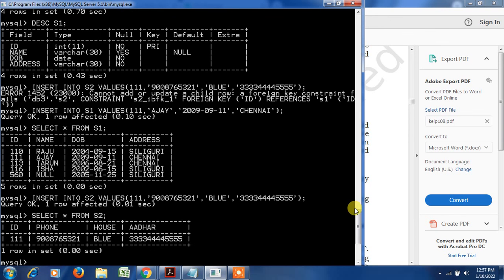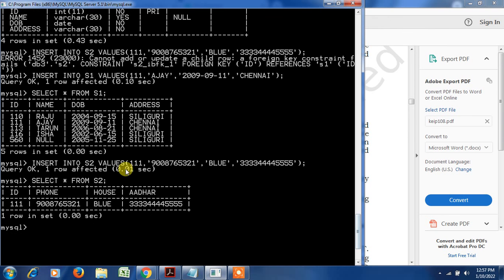Another thing about the foreign key: since this record 111 is being referred to in the child table, now I am trying to remove it from the table S1, which is the reference table. Delete from S1 where ID equals 111.